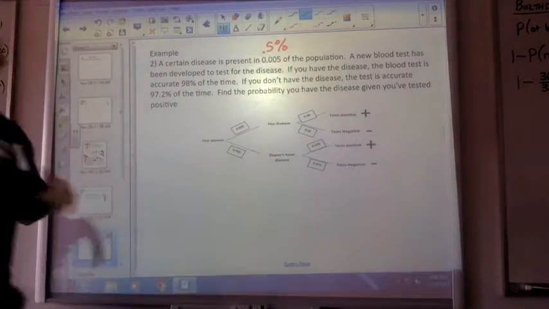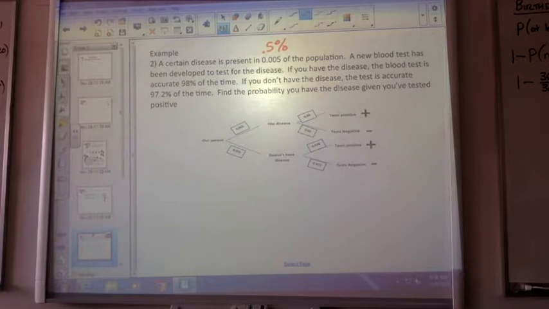Sometimes it makes it easier to think about. If you have this blood test and you happen to have the disease, 98% of the time they are correct with their findings. There are 2% of the findings in this test where the person has the disease, but the